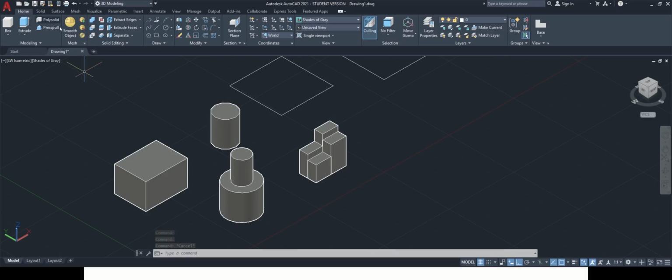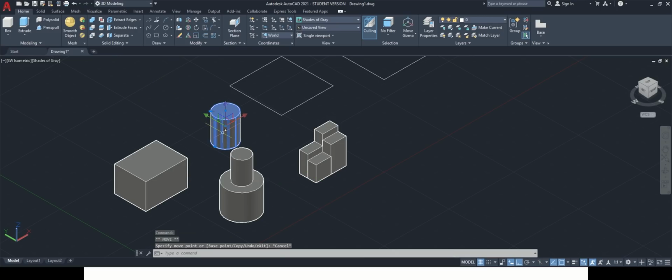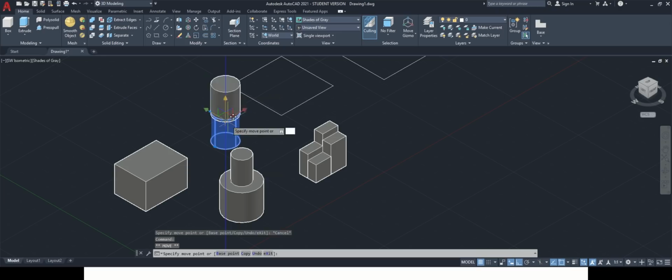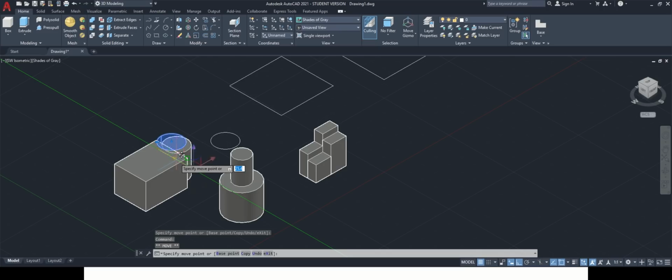So what I can do is select this. You can see this axis represented to you. That is called the move gizmo. If I use this arrow, I can move the object in positive x and negative x direction. If I click on the green arrow, I am able to move in positive and negative direction again. Same with the blue arrow, I can move up and down. So for now, I have to bring it towards this side. I will click on the red arrow and bring it over here. I will click on the green arrow and shift a little bit